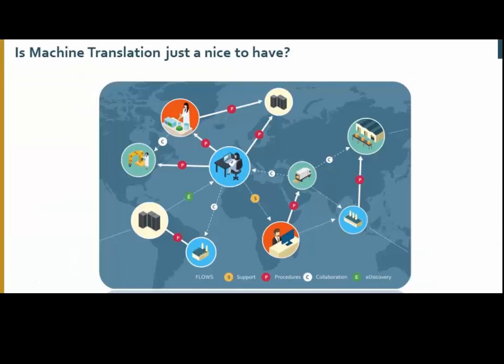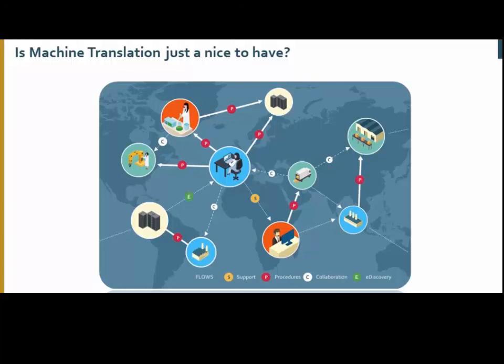So what is interesting on the business aspect is, as you saw in the previous demonstration of Cassia, it's one of the business cases we can have. Meaning that translation is now a part of the business processes. It's really a flow, like the other flows in your daily work. So it's transparent for many of the users. And as you saw in the demonstration before, it's not evident that there is SYSTRAN behind.